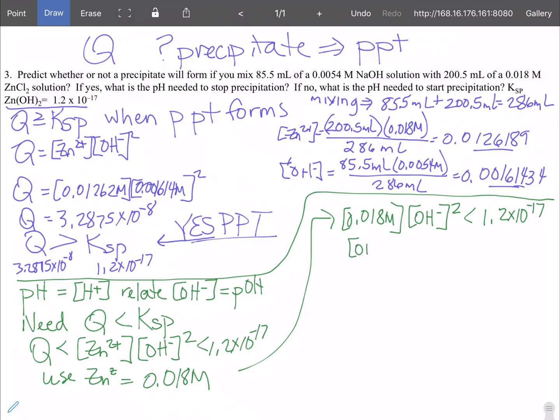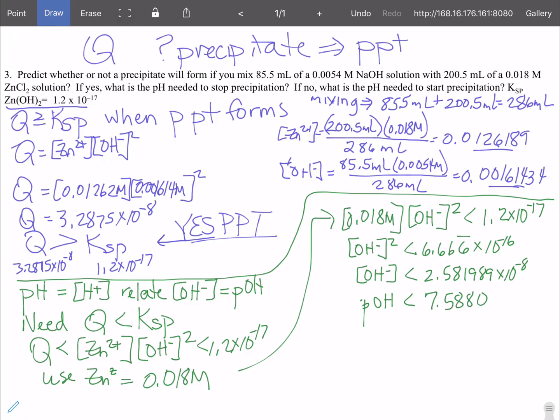So that means our hydroxide ion concentration squared is going to be less than 6.666 repeating times 10 to the minus 16th, which means if we take the square root of both sides, then we end up with the hydroxide ion concentration has got to be less than 2.58198 times 10 to the minus 8th, which means that our pOH has got to be less than